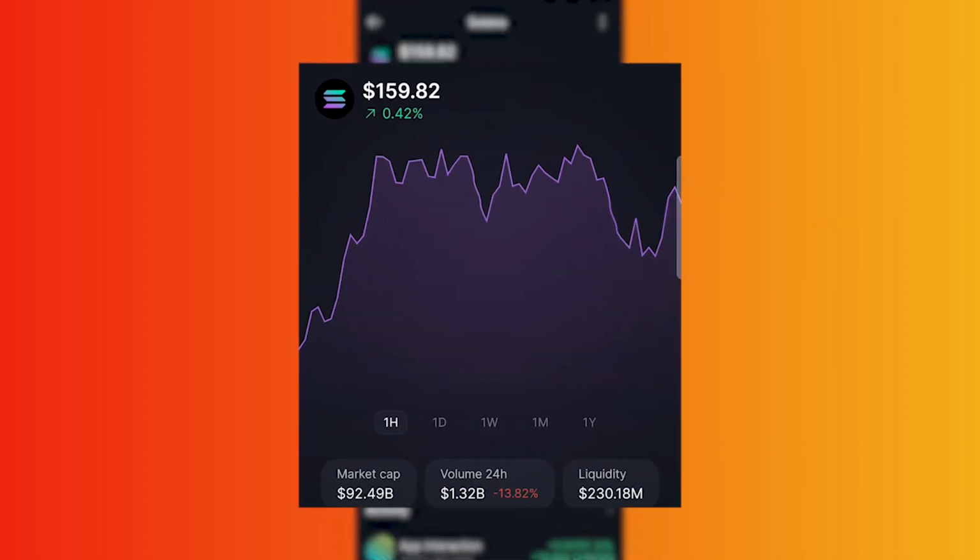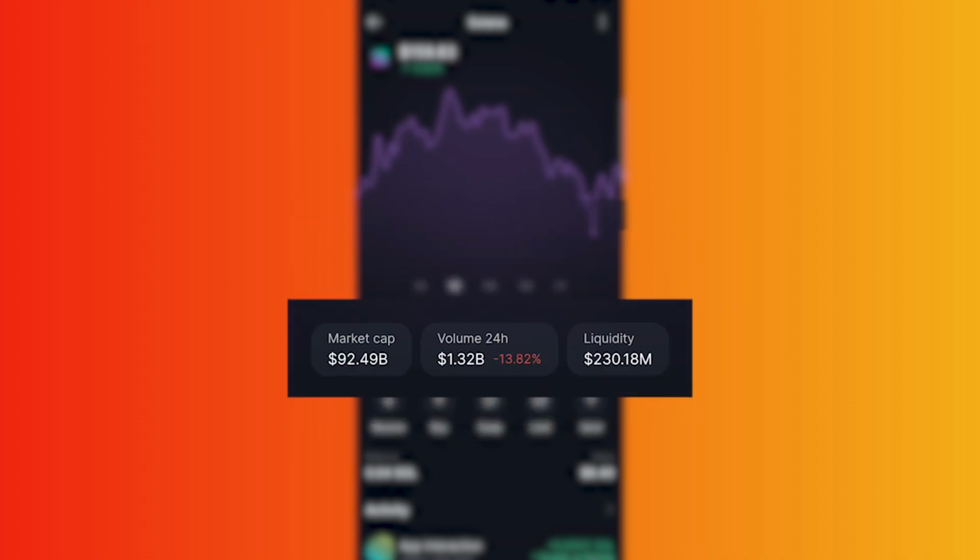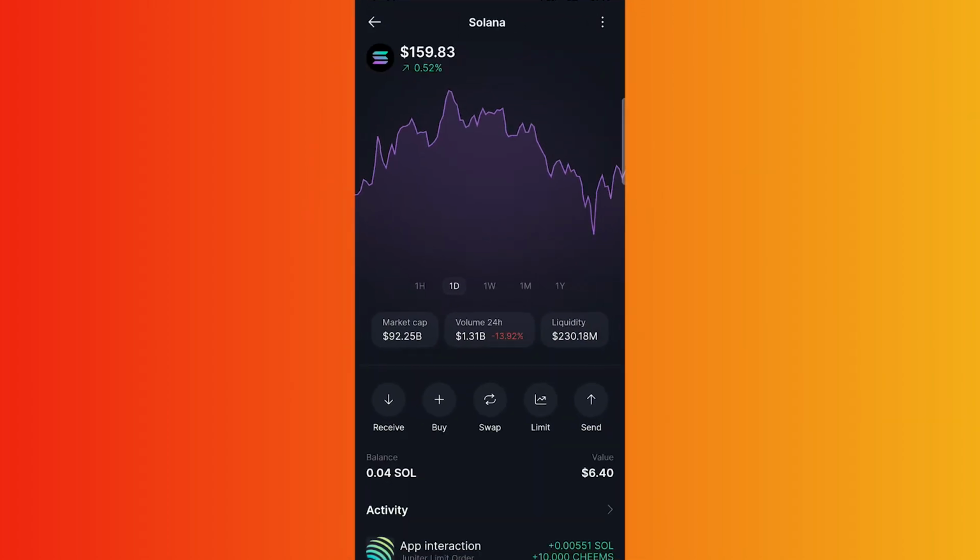Here you will see the token's price along with the chart in multiple time frames. Right under the chart, you can see the market cap of the coin along with 24-hour trading volume and available liquidity. This page offers many options, but one of the most useful features that you can find here is the